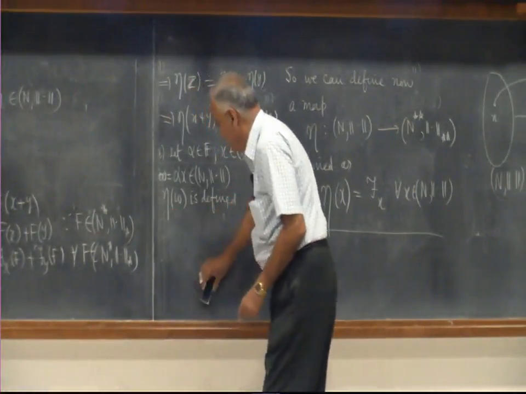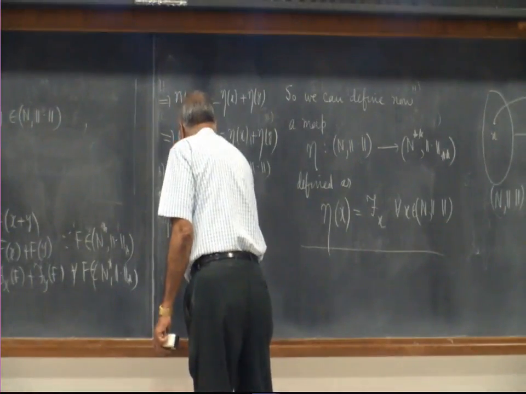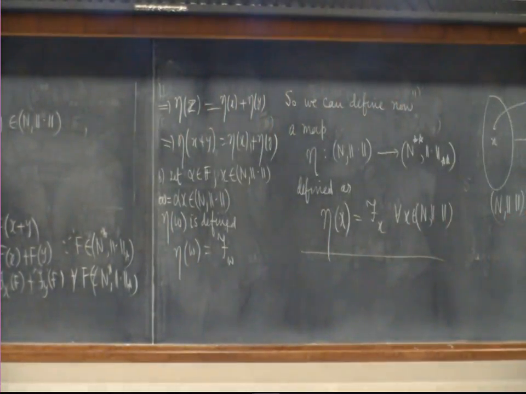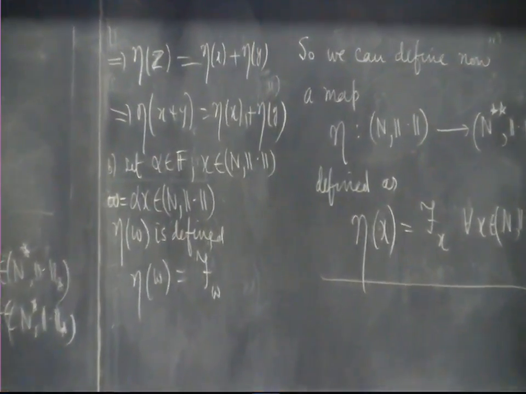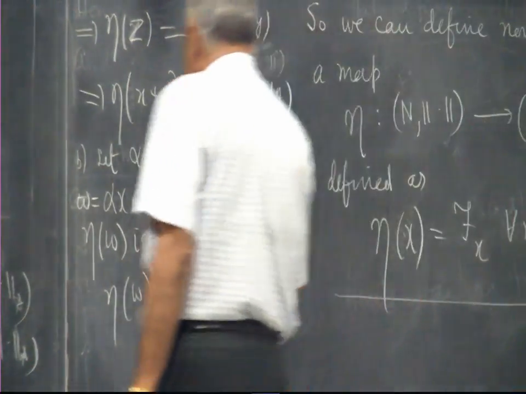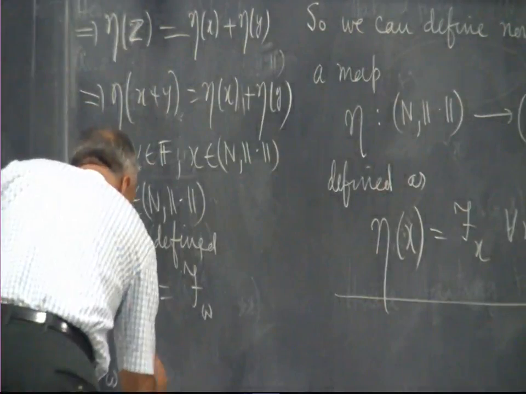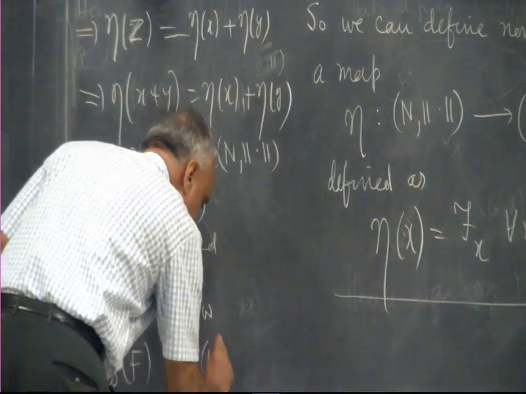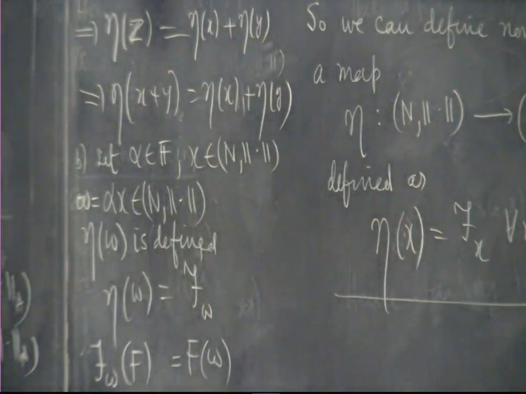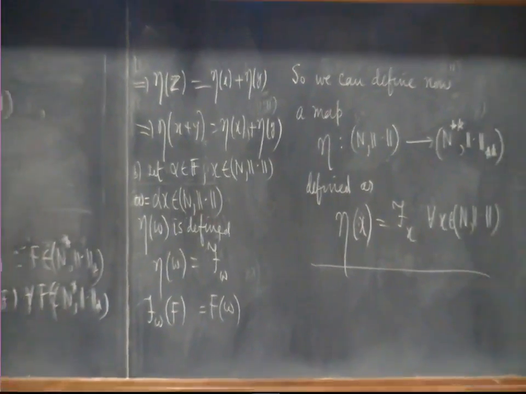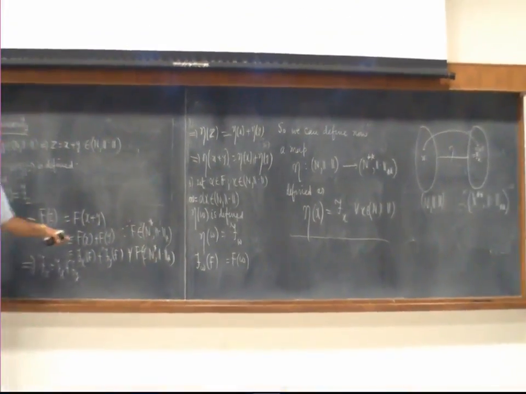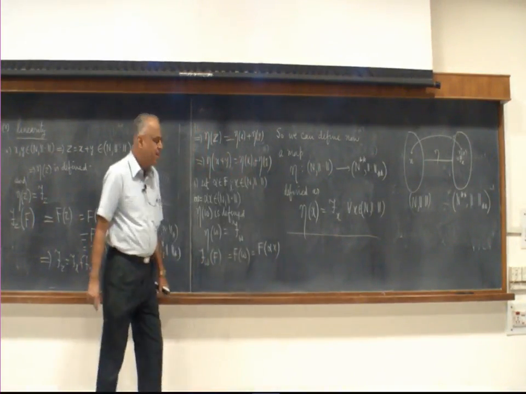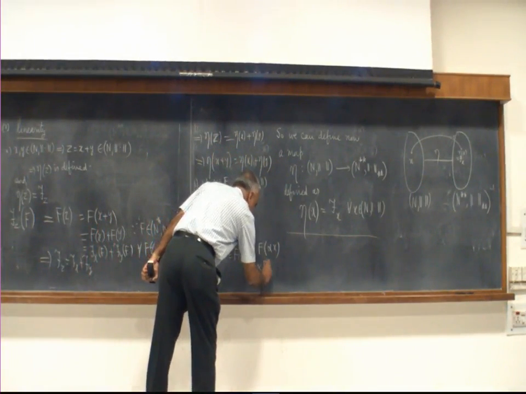And now what is eta w? It is script f sub w. The shadow of w is denoted by script f sub w. And how is script f w defined? Again, as before, its action on any f is defined as f of w. Same story here. Addition was translated to the fact that f preserves addition. Similarly, scalar multiplication is now translated to the fact that f preserves scalar multiplication, f of alpha x, that is alpha of fx.